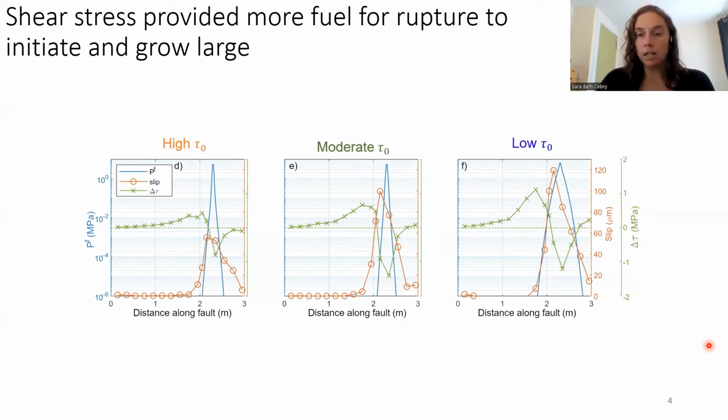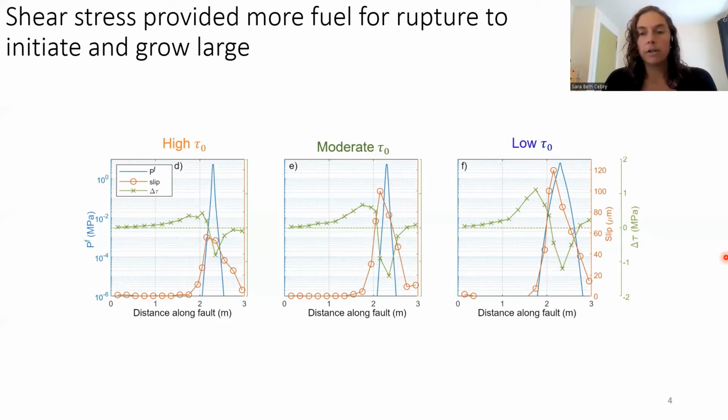When the fault was not near critically stressed, such as the slow case over here, we found that the earthquakes could only initiate after the fluid pressure had caused silent slip, so slip is in the red, to redistribute significant amounts of shear stress, as shown in the green. So we have this region of high shear stress that was caused by aseismic slip. And when that shear stress got high enough and the patch was large enough, then an event could initiate dynamic